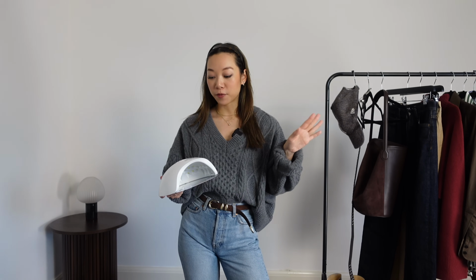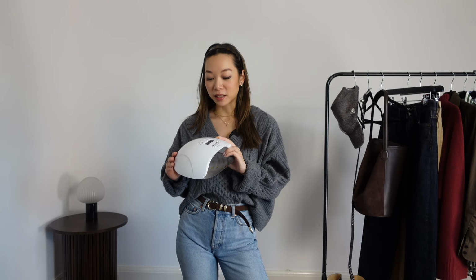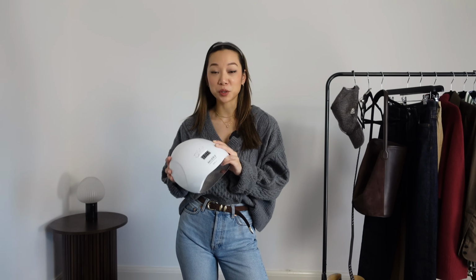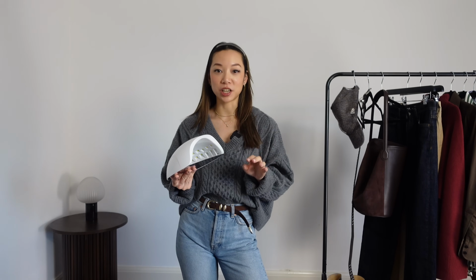So in no particular order, but I am going to start off with two sort of beauty things before getting on to the fashion stuff. So the first product is actually a gel nail lamp. I got this off Amazon and it was only about 15 or 20 pounds, so super inexpensive, but I think it works great. And I decided last year that I was going to start doing my own gel nails at